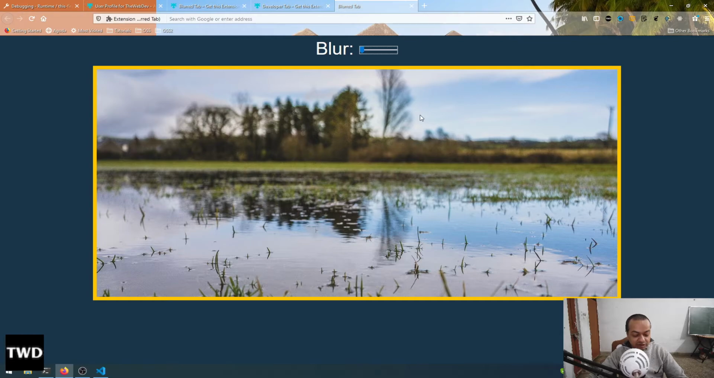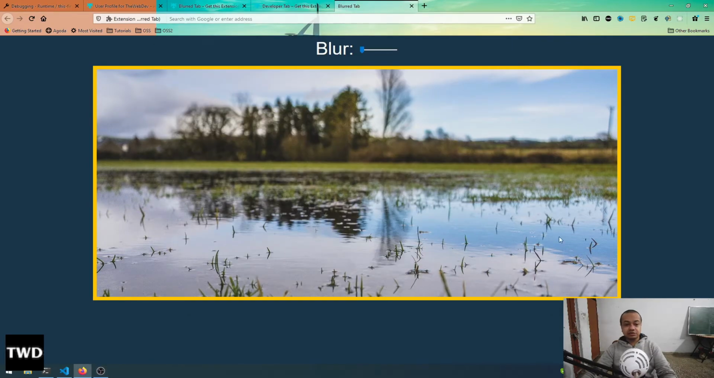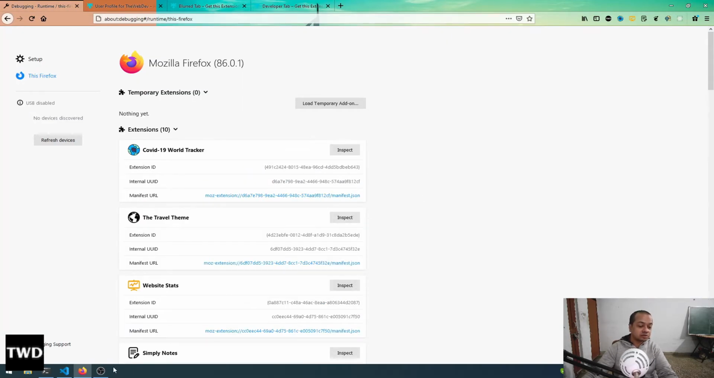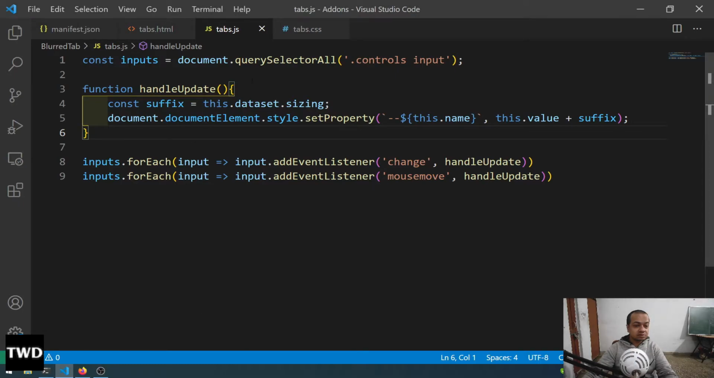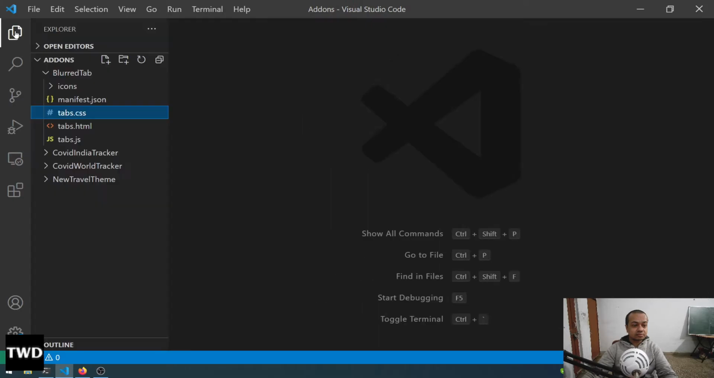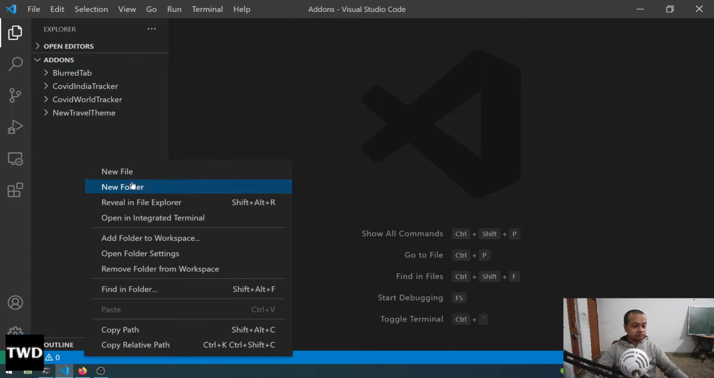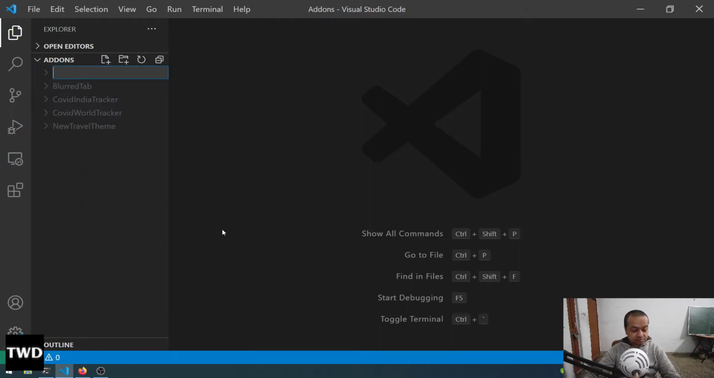That's what it is. Now we will start our second extension, which is the developer tab. So let's start it. Let me go and remove it also, and close them. I'll go and create a new folder, developer tab,